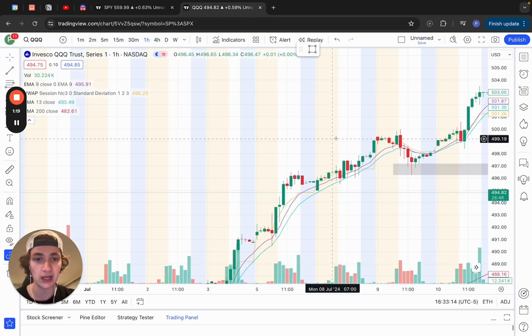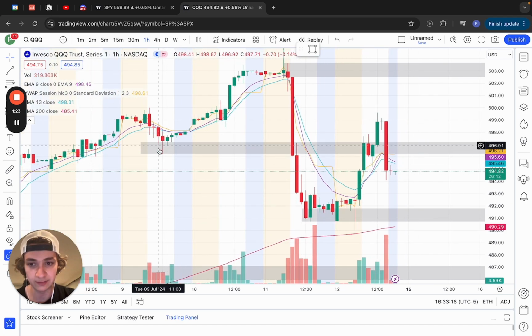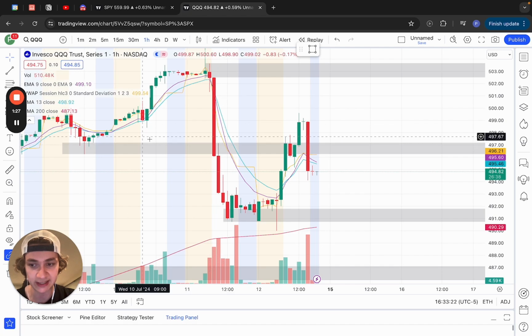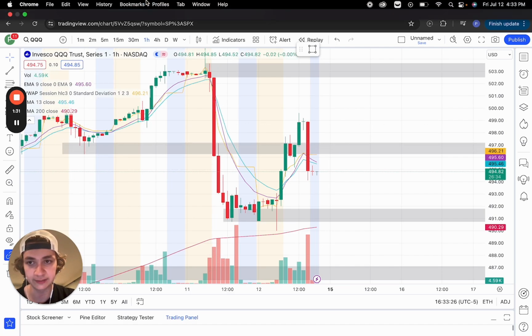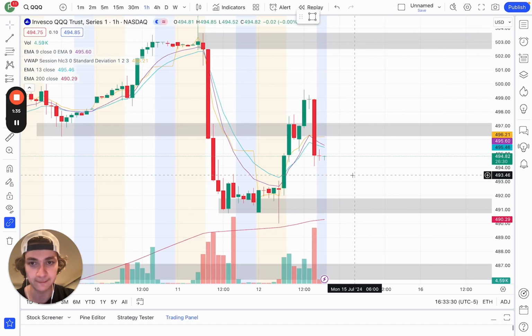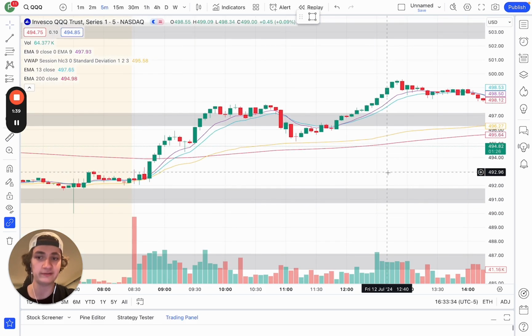Then on the hourly, I saw this nice little bounce here from a couple days ago that we also rejected yesterday. So that's a very, very clean support turned resistance right there. And then going into the actual day itself,